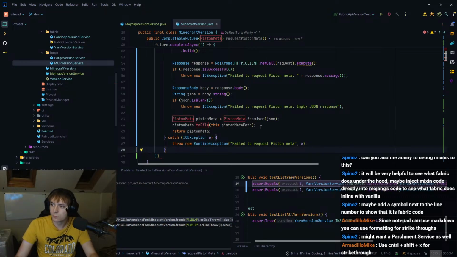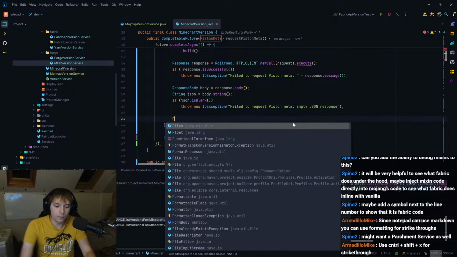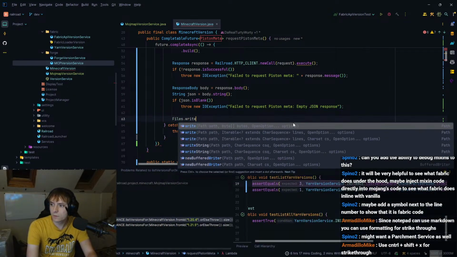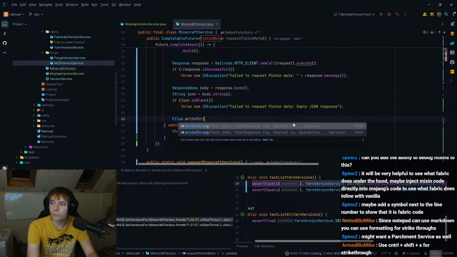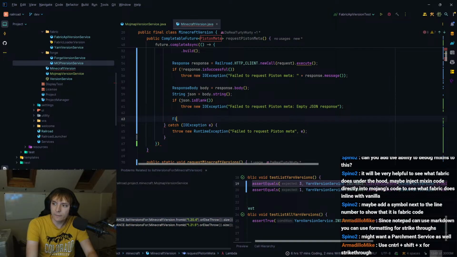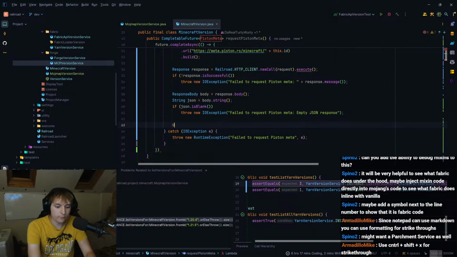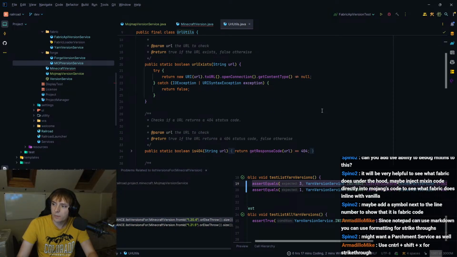So we can do like files dot write. We can do write string. Or can we write a URL? Is that a thing? Do I have that somewhere? I should have that. URL utils. Let's make that a thing. That should be a thing.